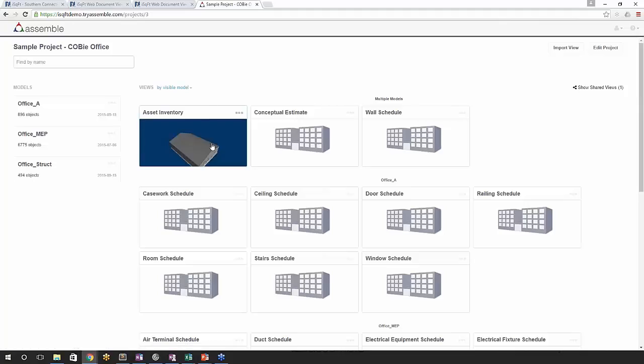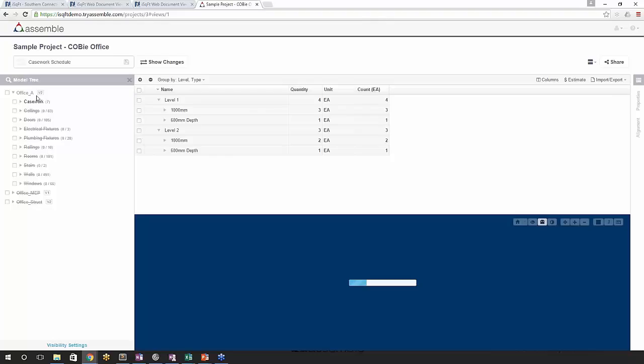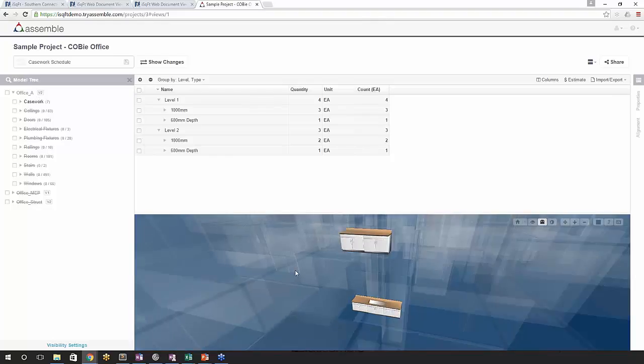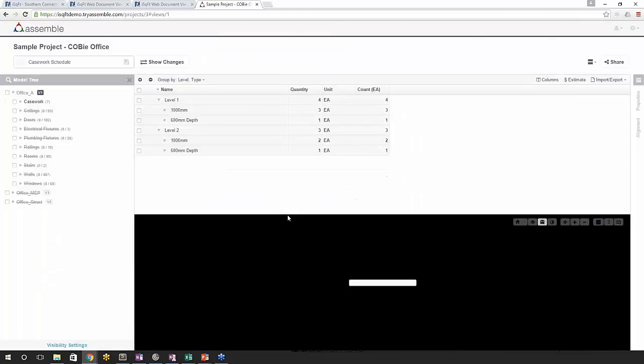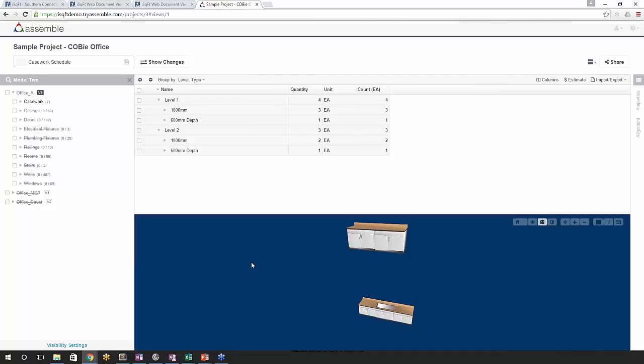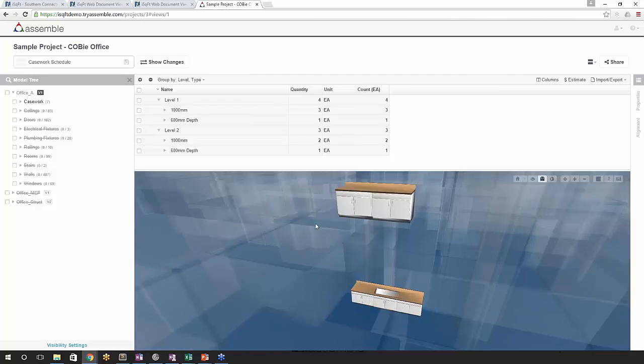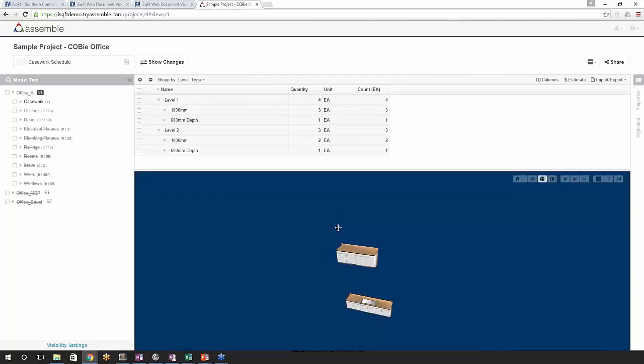And so if I go into one of these views, I'm just going to look at the casework, for example. I'm in version 2 here. And I can actually switch back to a previous version, so I can then look at version 1. Additionally, when you have multiple versions, and this is strictly speaking in Assemble right now, we actually have the ability